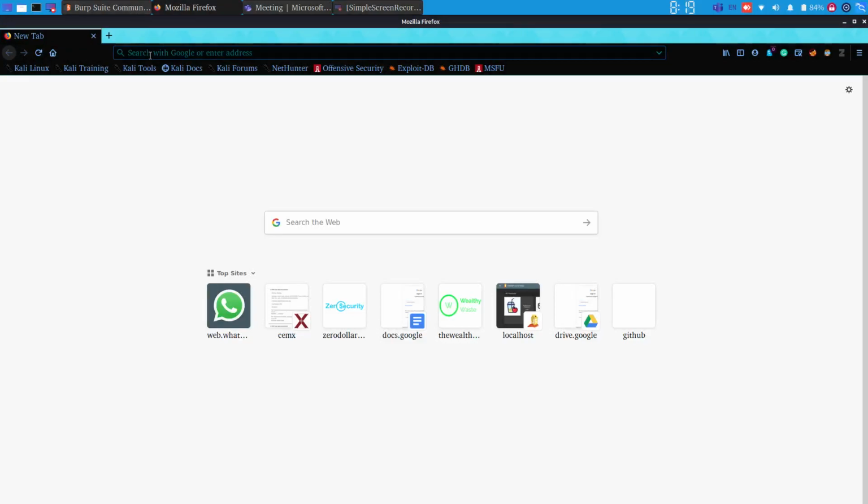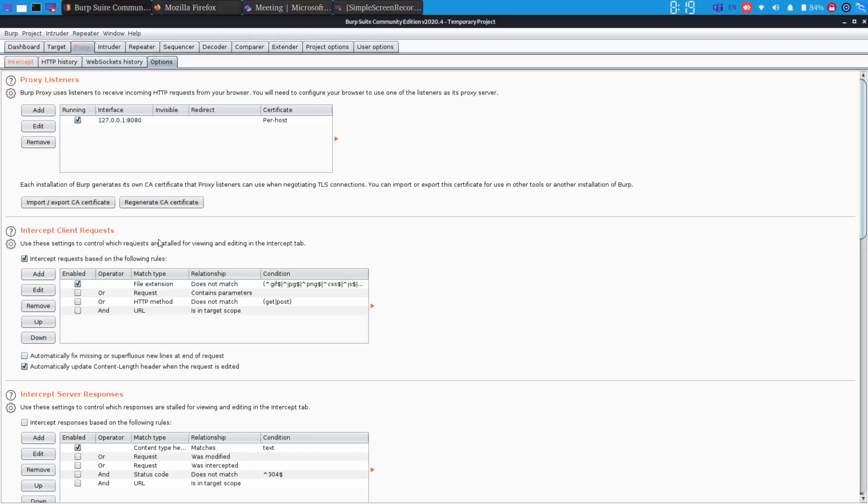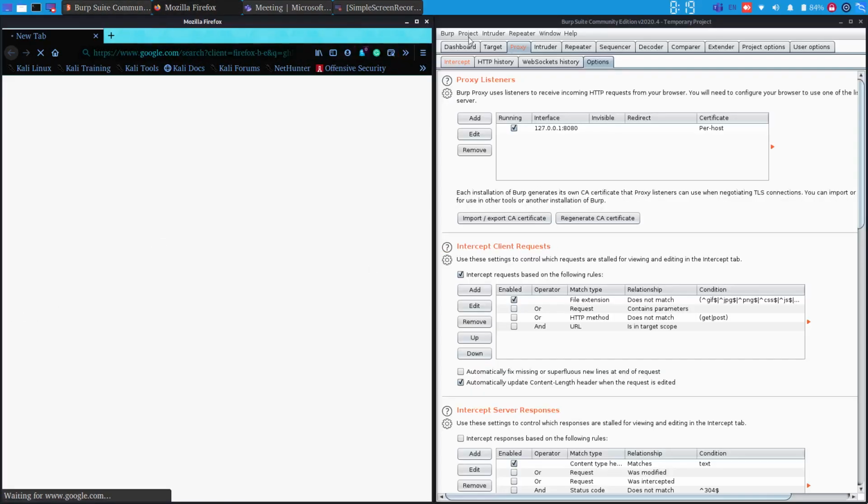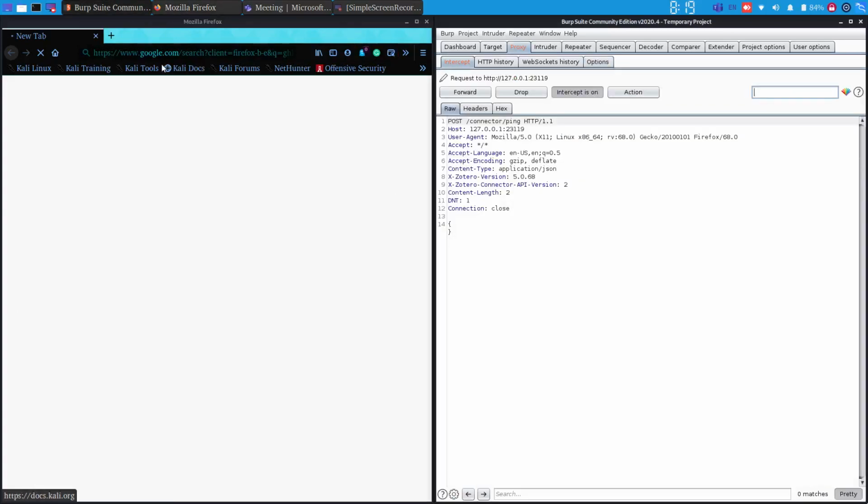So how does Burp Suite generally work? Let's try to search for anything random. I click here. Okay, so this is our proxy tab, and when I go to intercept, when I try to search something, the request first goes to Burp Suite.